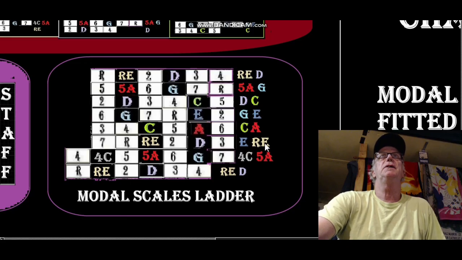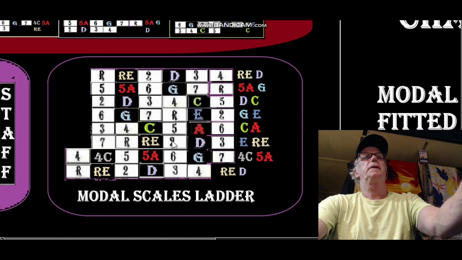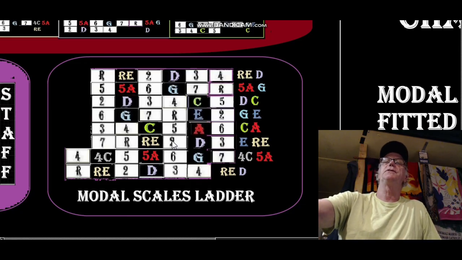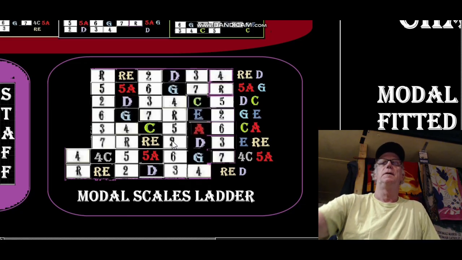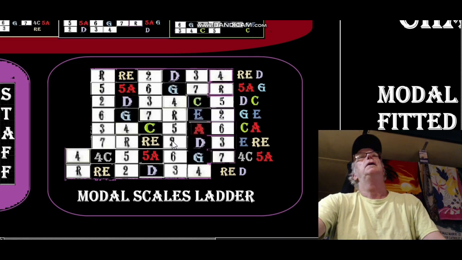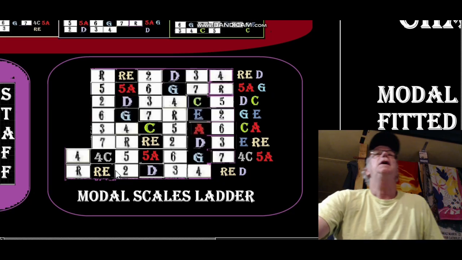Then we have ERE. We got the 7, root 2, and then 2, 3, 4. It doesn't matter if you do it down here. That's the good thing about the string shapes. You can do them anywhere, on the guitar or on the piano or any instrument. So these are like double string shapes. These are like violin string shapes, but there's fourths